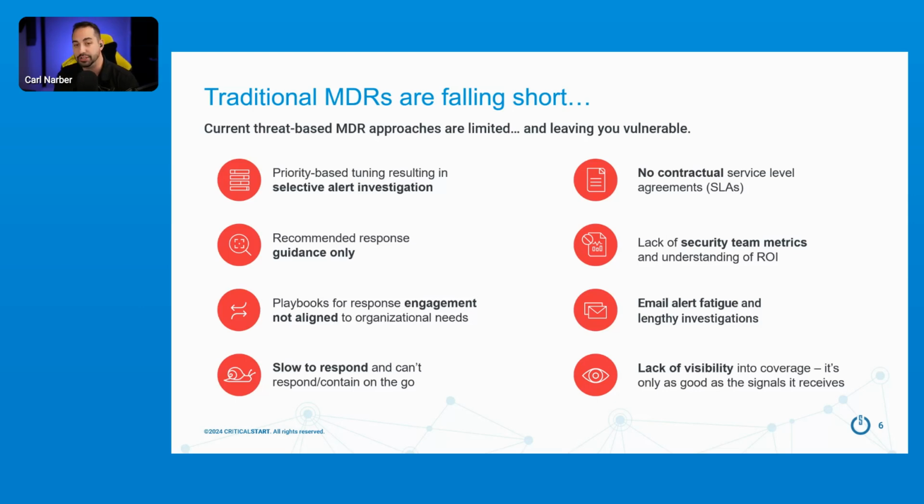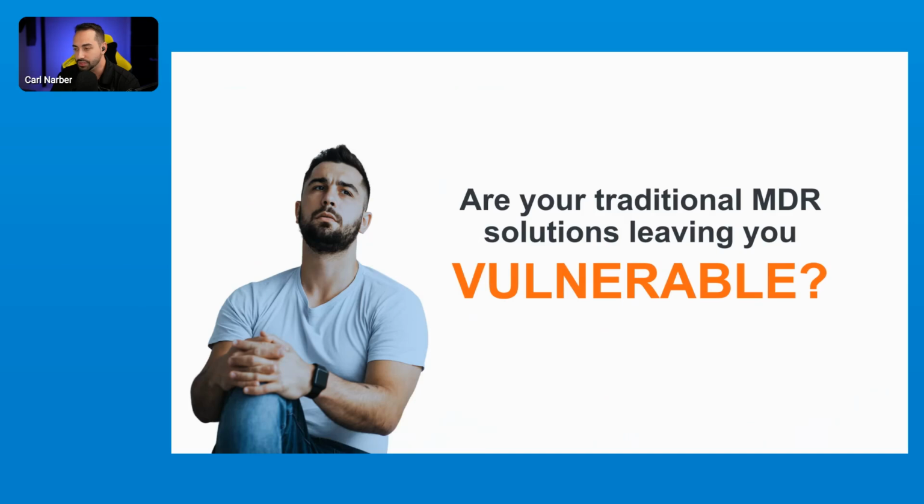Figuratively speaking, if you don't have an MDR that's doing that, well, how do we know that we're alerting and responding to everything in your environment? How do we know that there's not a gap in visibility? An MDR needs to provide that response to you and make sure they align with you so that there's not that gap, not that lack of visibility going forward. So, leaving you to think, are traditional MDRs just leaving you vulnerable?